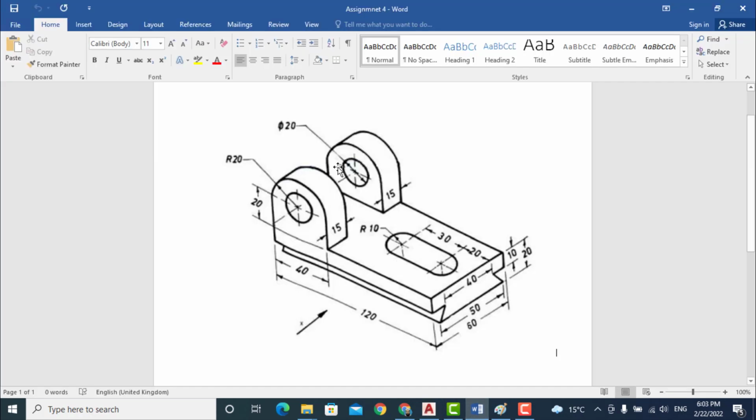A relation of 15 millimeter and total, this is not 15 millimeter, but the radius of this circle is 10, and this distance is 10 millimeter because the total radius of this big circle is 20 and the radius of this circle is 10. So 20 minus 10, this distance is 10 millimeter. So draw hidden line